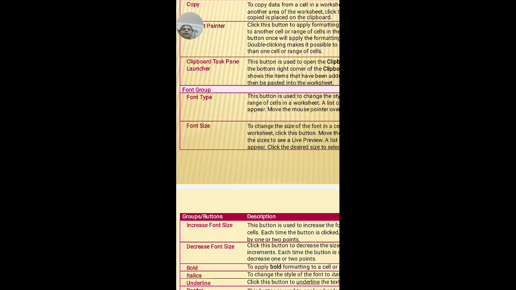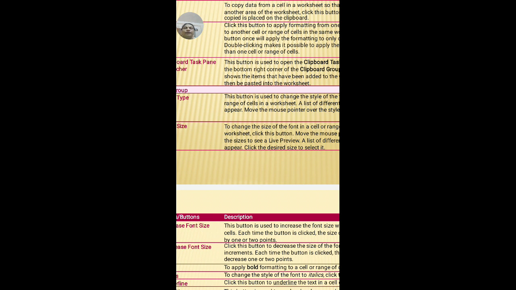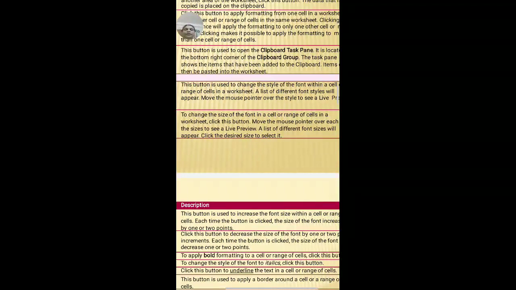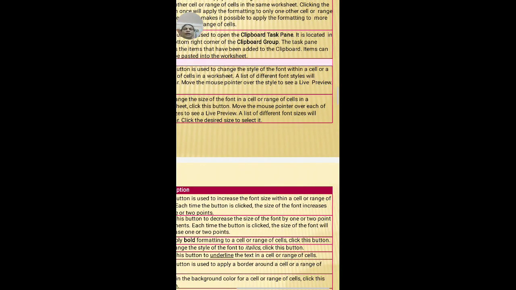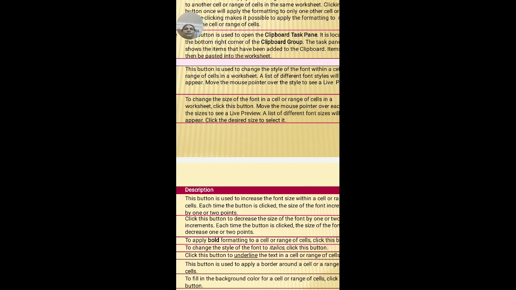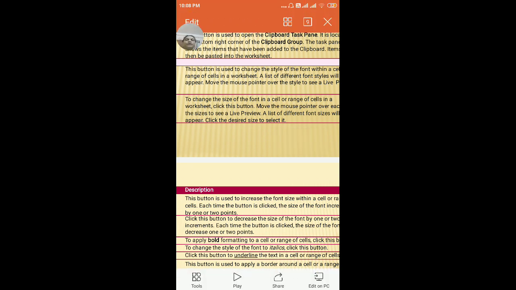Next, font size. Suppose you want to change the size of the font. Font is nothing but text. What is a font? It is the text which is seen on the cells, which you type in the cells. You can change the size of the font using this command. When you click on the arrow, it gives the list of the sizes that you can use. For example, you can use 6, 16, 18, by default 9. These are the font sizes you have.